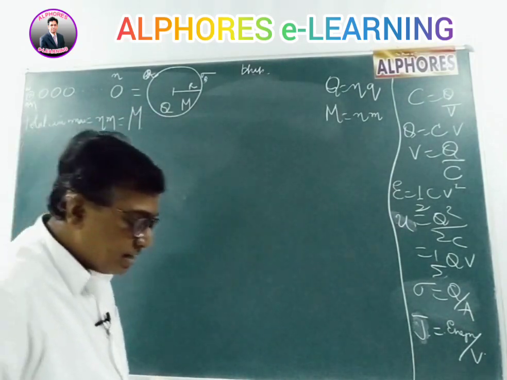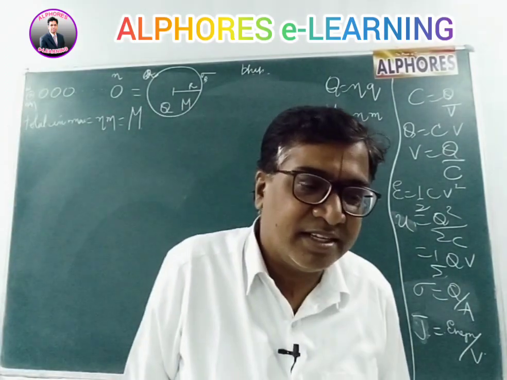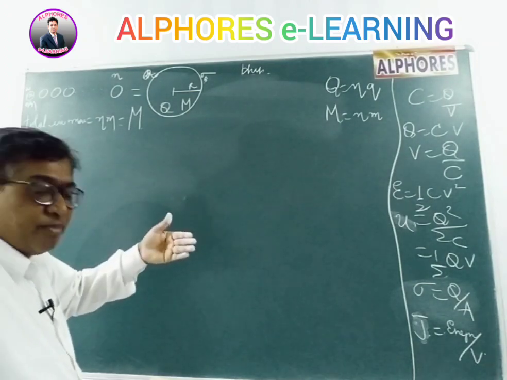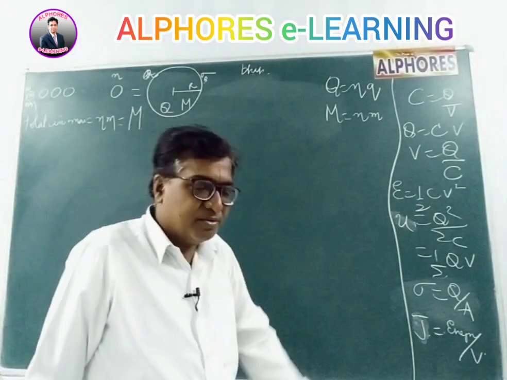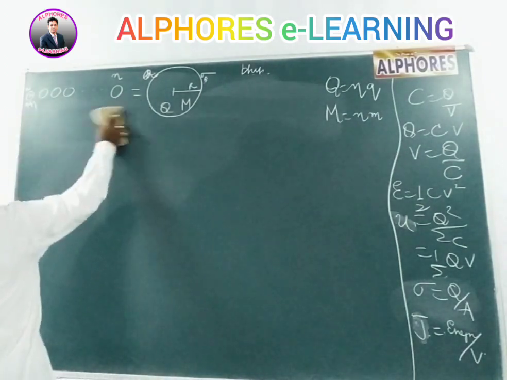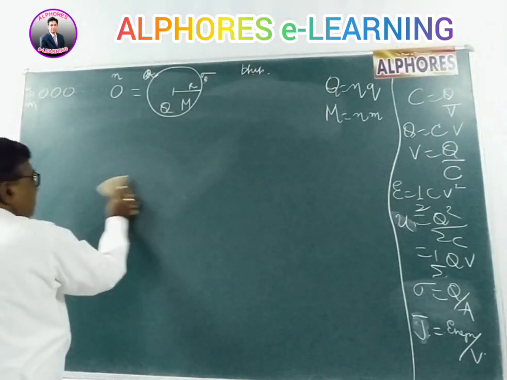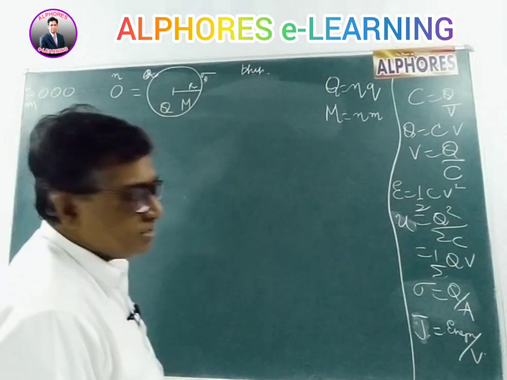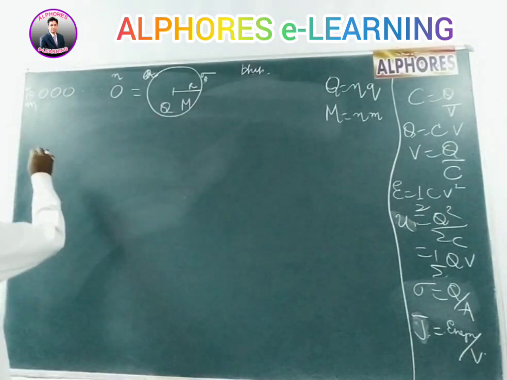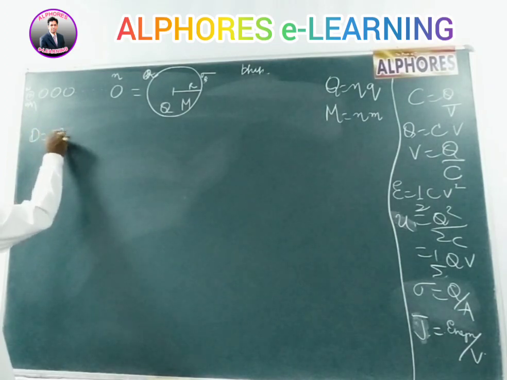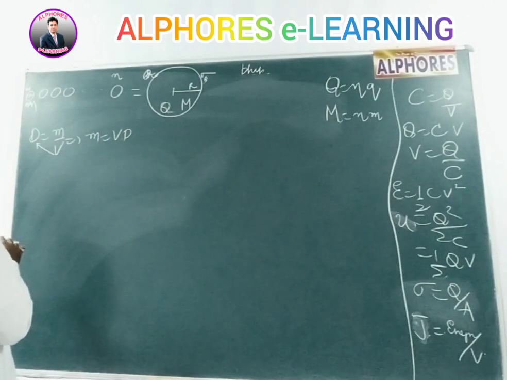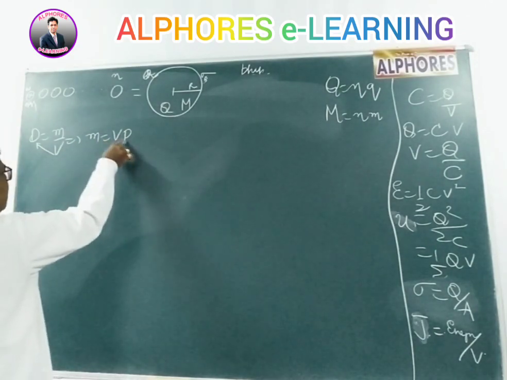Right? Now why have I taken mass? What is the necessity of considering mass? When I take mass, with mass I find out volume. From volume I find radius. Radius is helpful to find out the remaining things. So, when the mass of the bigger drop is equal to n times small m, I shall write mass as volume into density. Density of the body is equal to mass per volume. Cross multiplying, mass is equal to volume into density.